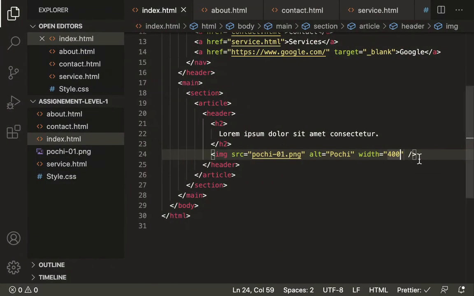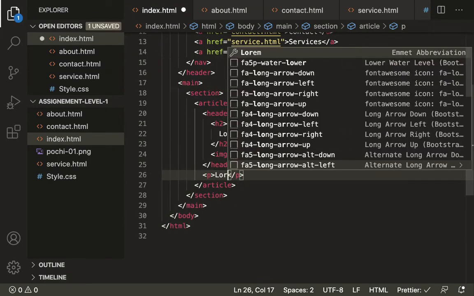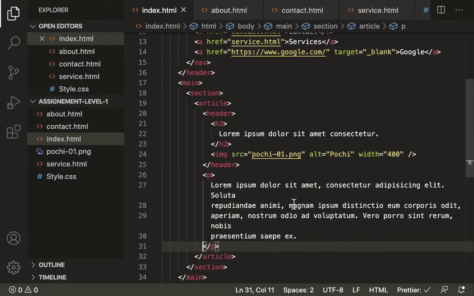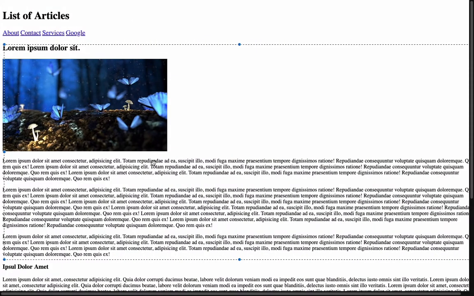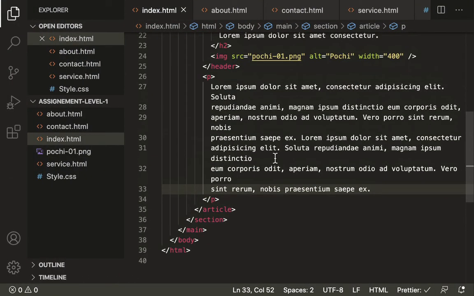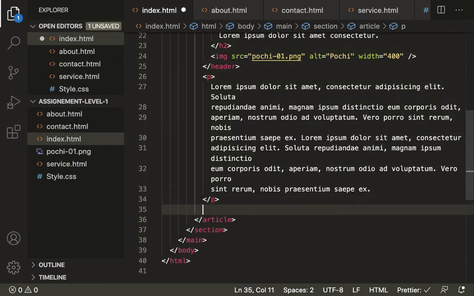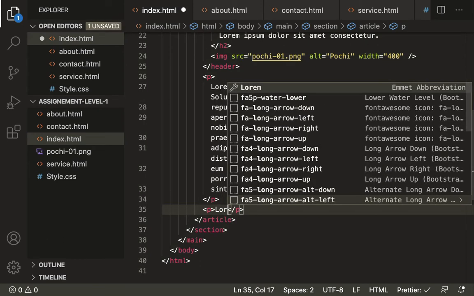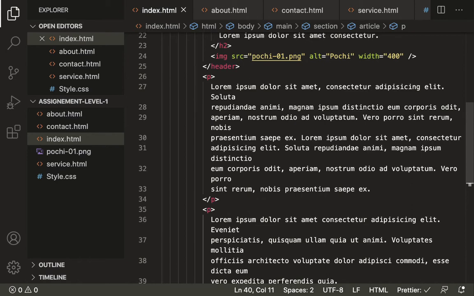So now let's take all those paragraphs. After the header, we will define our paragraph. So let's take all that dummy text. First paragraph. So actually, how many paragraphs? 1, 2, 3 paragraphs, and we have too much text. So we'll just copy and paste. We will take it once more, and then another paragraph. Let's deploy some, save.